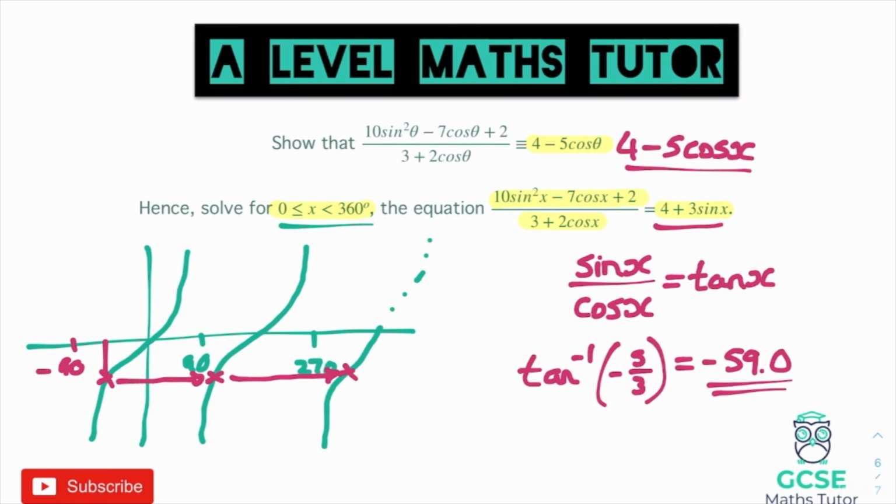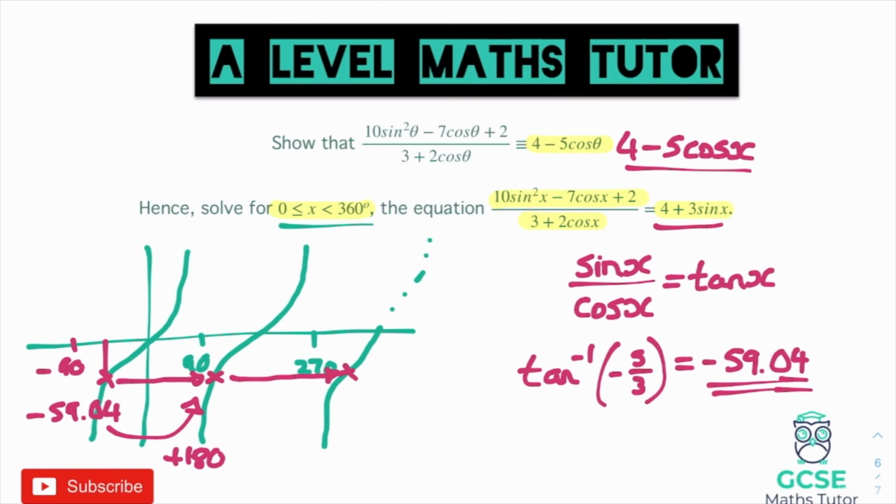Again, you might know some quick ways of jumping between these tan values, and if you use any of your quadrants and things like that, that's absolutely fine. But again, as I've explained before, I do like to visualize what these graphs look like, just to imagine where they're going to go. So for the first one, to jump between these two, it is just a jump of 180 degrees. So if this one here is negative 59, and let me just check it on the calculator, because it doesn't say in this question how to round it. It did come out as negative 59.04, so I'm going to give it to 2 decimal places just to make it a little bit more accurate. So negative 59.04,